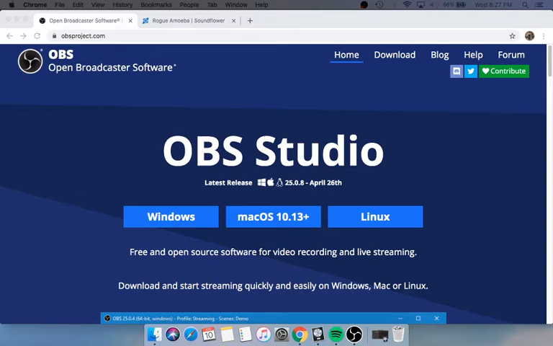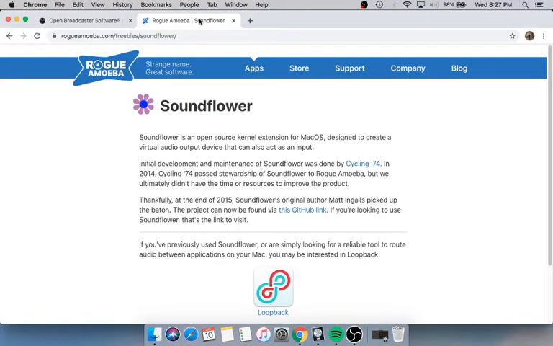After that, we're going to use another software called Soundflower. Soundflower is a virtual audio output device that sends the signal from one application to another. For example, it sends it from Logic. You can control your reverb, delay, everything from Logic, and you can send it to the OBS software.